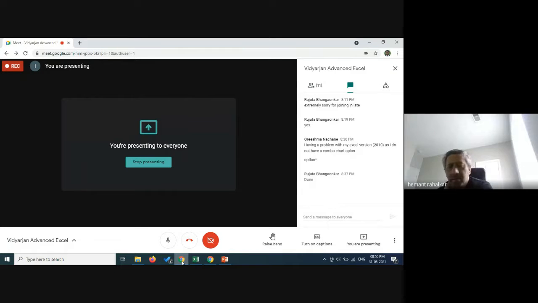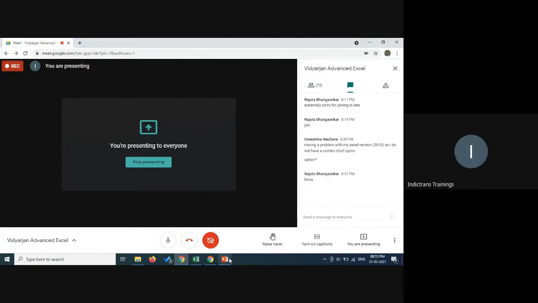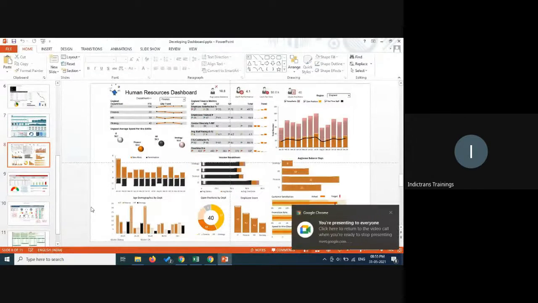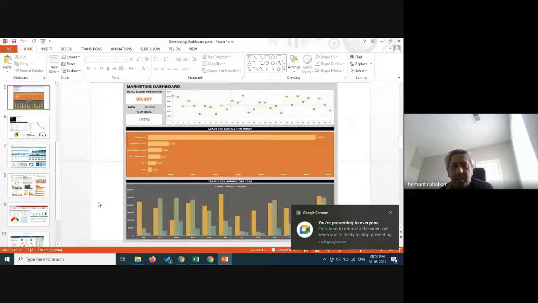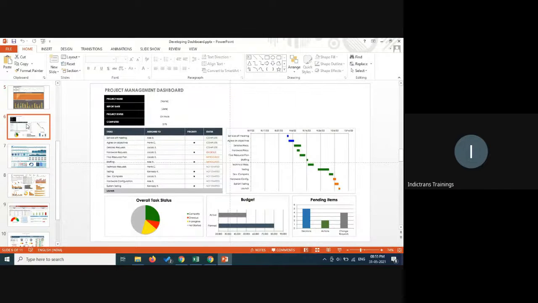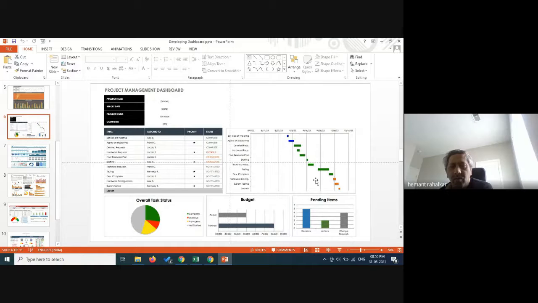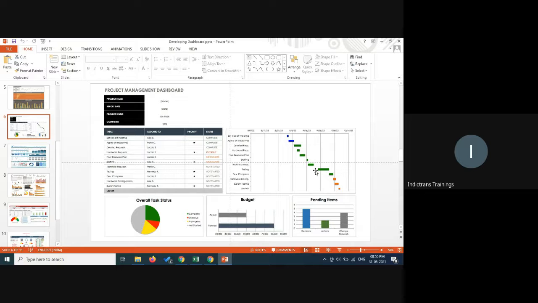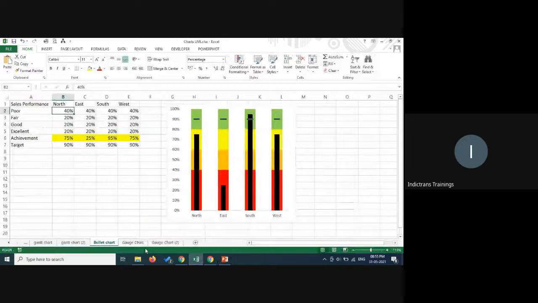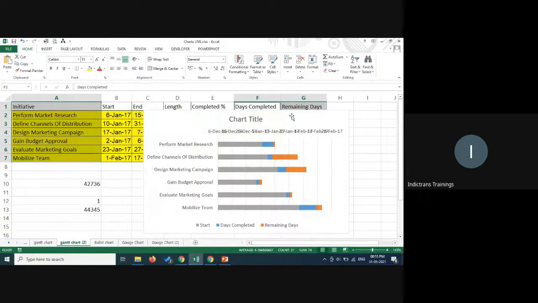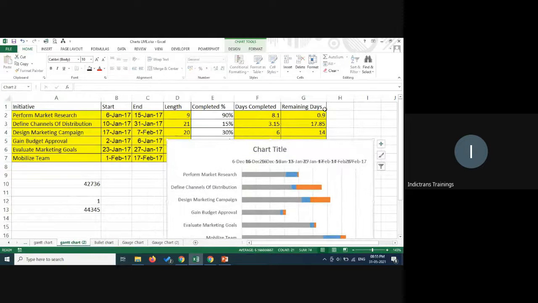Shrikant sir, I have a question on that dashboard PPT, slide 6. In slide 6, you have shown that Gantt chart. That's what we did last time, correct? Last time we did a more advanced one where we also had two values, days completed and remaining days.